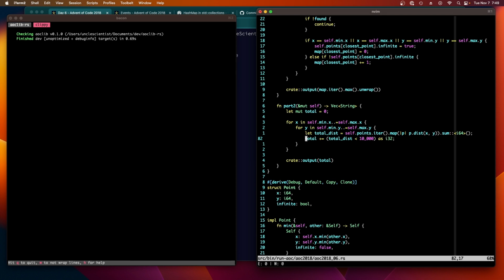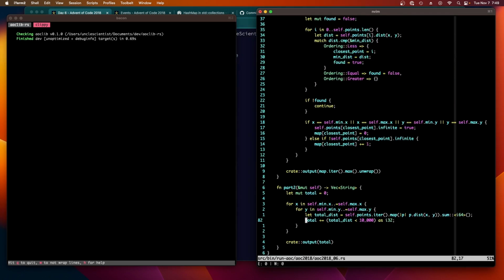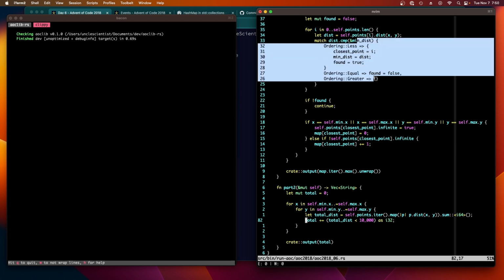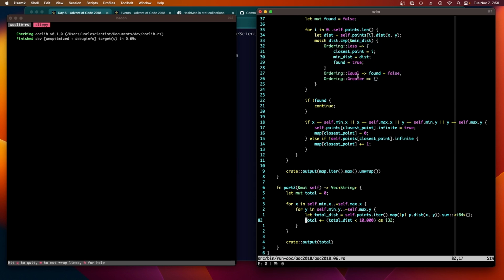Mohad says, don't you think it makes the code less readable? Yeah, right. It's a similar argument to this thing here. If you're familiar with this style, then this is going to be pretty obvious to you. You're comparing it, and if it's less, you do this. If it's equal, you do this. If it's greater, you do nothing. Whereas using the if statement here, to me, because I'm more used to the if statement, is more readable. This, if you're not used to it, takes you a minute to figure out what's going on. But once you get used to it,